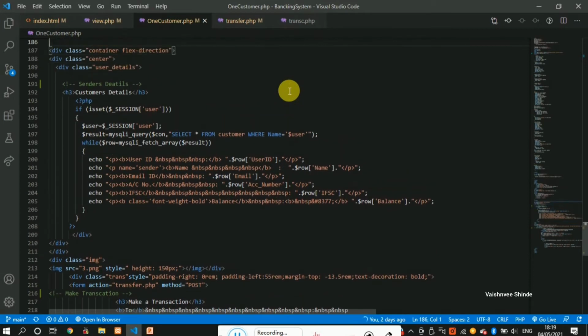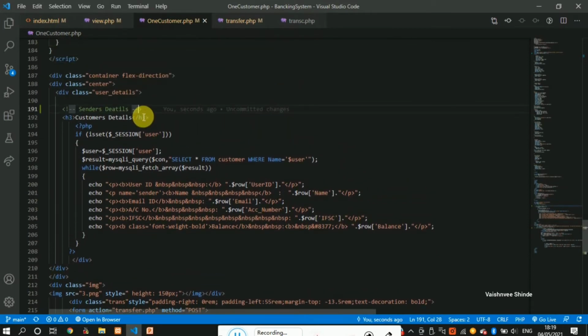Here we are going to see what happens whenever the customer is present in the database and you have to perform a transaction. We have to check whether the customer or the sender which you have selected is present in the database or not. For that, first it will check whether that particular data is present in our database. Customer is the table present in our database. It will check whether that particular customer is present in your customer table. If the customer is present in your database, then it displays the user ID, the name of the customer along with the email address, account number, and their other bank details.